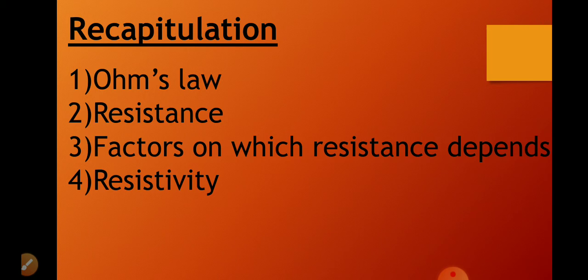And what is the cause for resistance? It was also explained in the last class. What are the causes for resistance, right? So, a component of a given size that offers a low resistance is a good conductor. In the same way, a component of a given size that offers high resistance is a poor conductor. And a component of a given size that offers even higher resistance is an insulator. We call it an insulator.